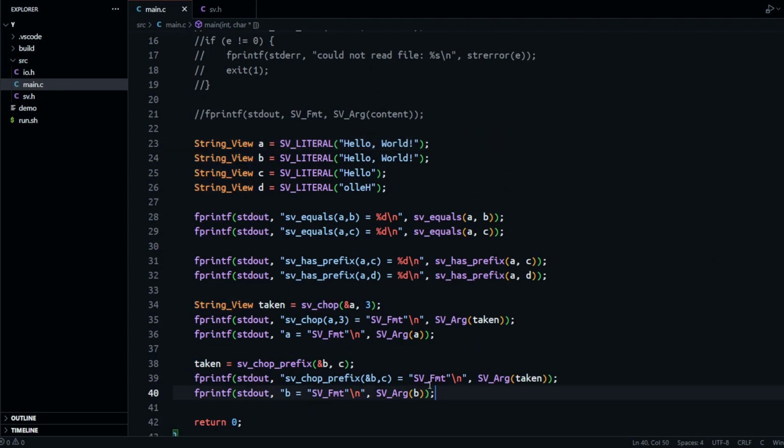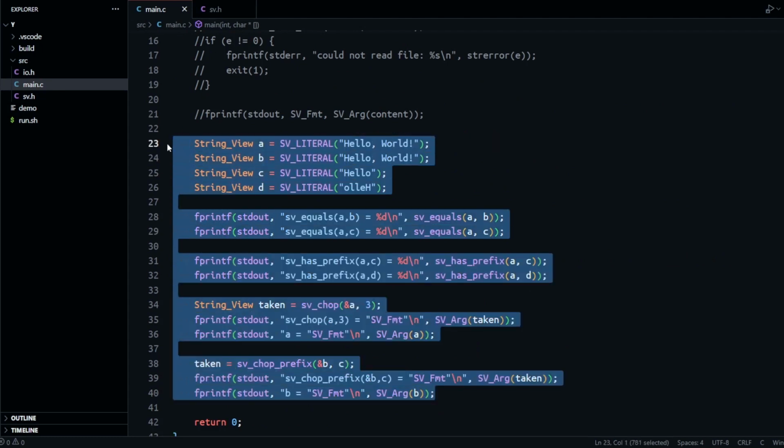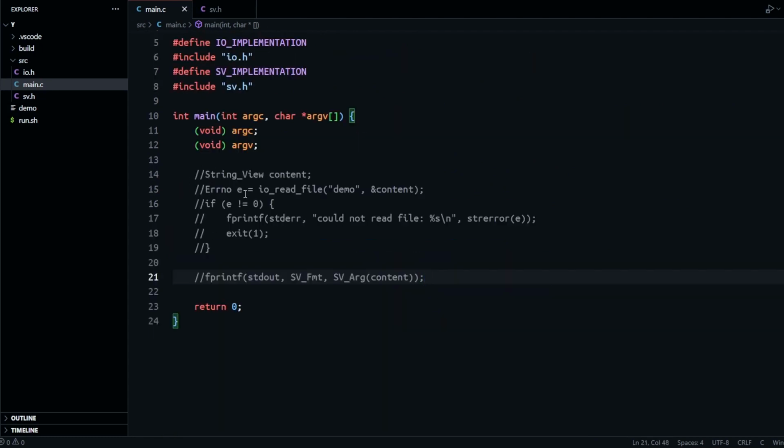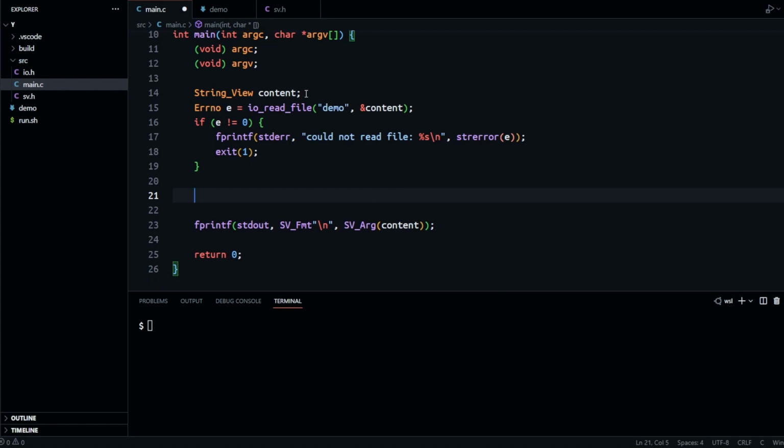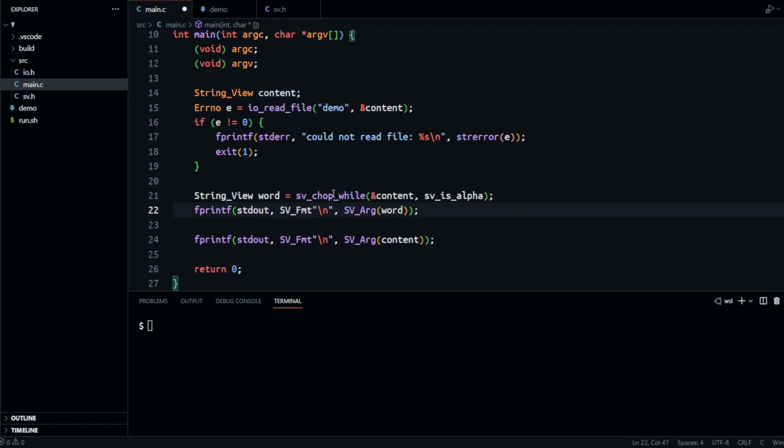To test this function, we can first delete all of the previous video code. We can uncomment the code we currently have commented out. Running the current code once will result in what we expect. Then we can chop the first word of the file content using the svChopWhile function in conjunction with the svIsAlpha